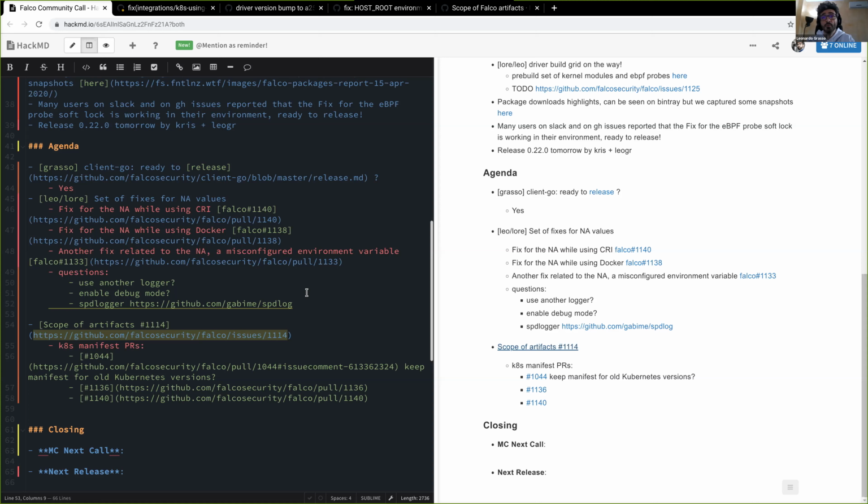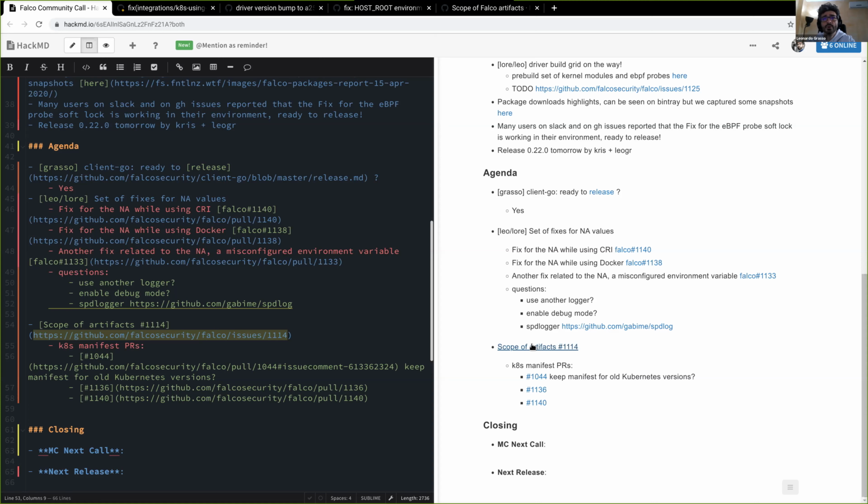In my opinion, those files are creating some problems for the users because they are not updated so often, and also they don't refer to a specific Kubernetes version.